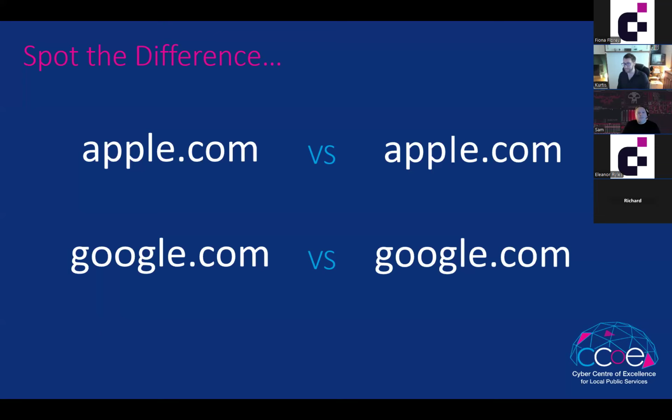I've got on the screen an example of apple.com and apple.com and google.com and google.com. And believe it or not, these are completely different. So if anyone is able, with the eyes of an eagle, to spot it, and Sam, I'm going to ask you not to shout out the answer, because I know you already know. If you can tell me what you think the difference might be between apple.com and apple.com, or google.com and google.com, then please carry on. Whilst you're looking, I'm just going to give a run through of what this means.